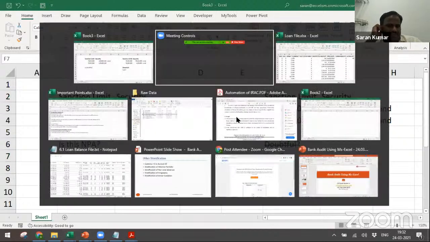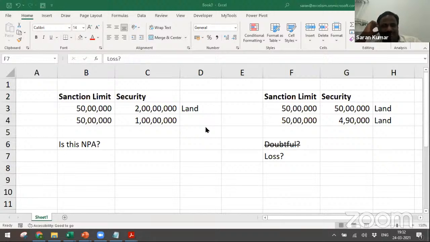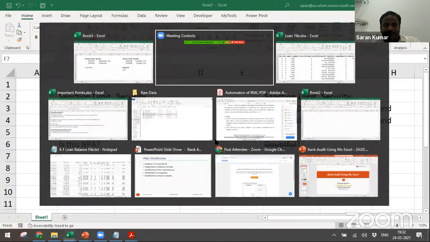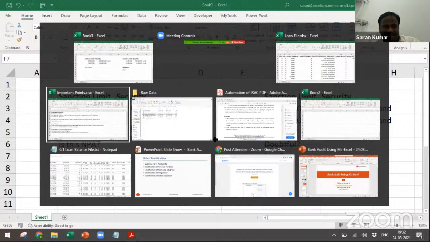So in 90% of the cases when there is a valuation, there must be a figure in the term loan as well as the CC account file. But when there is no entered data, then you need to check what is the recent valuation. Let me tell you, for more than 5 crore, stock audit is required every year, and valuation is required once in 3 years. Okay, this is mandatory. So we must be very careful looking for this data. Okay, so that is about this explanation.